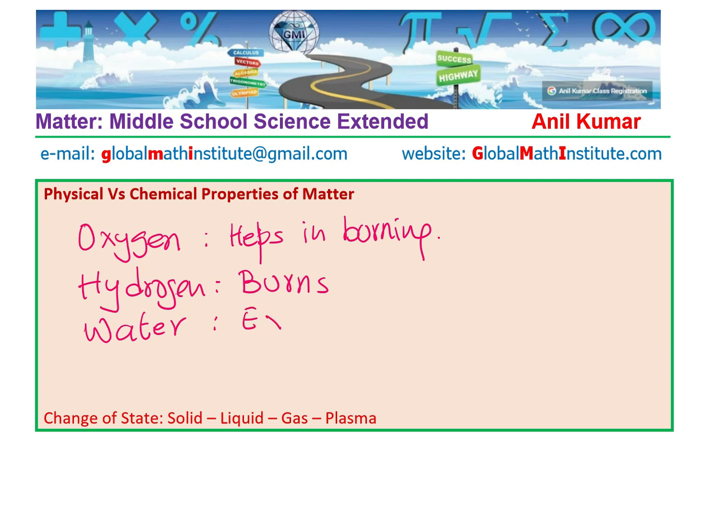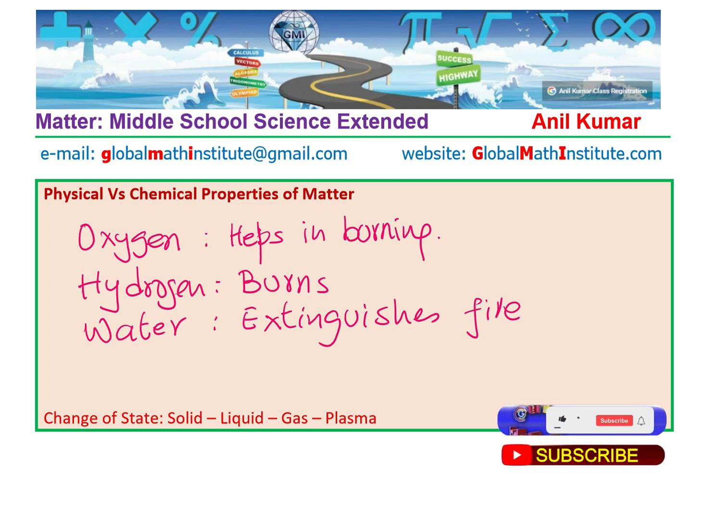So, water extinguishes fire. You see the chemical properties of oxygen and hydrogen, when combined, give you water, which has an absolutely different property, right? Oxygen helps in burning, hydrogen burns by itself. However, when you combine them, it becomes water which can extinguish. So, this chemical property of the three is very unique to itself. You get the whole idea. Perfect. So, this is the chemical property.